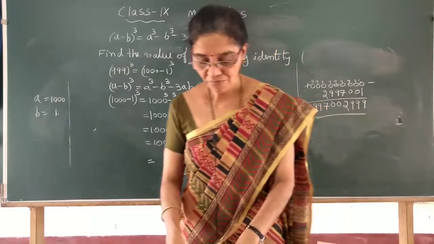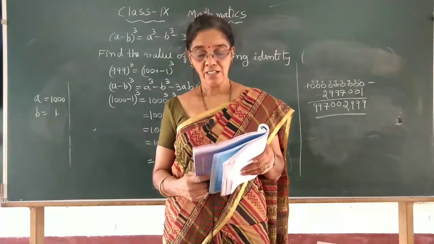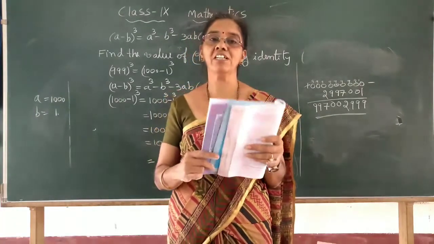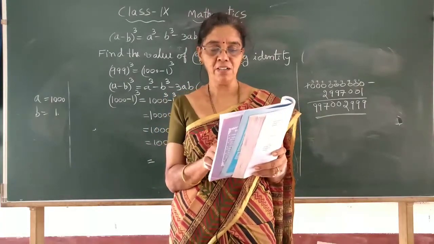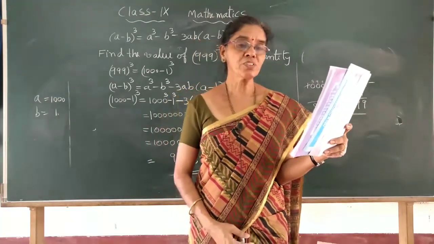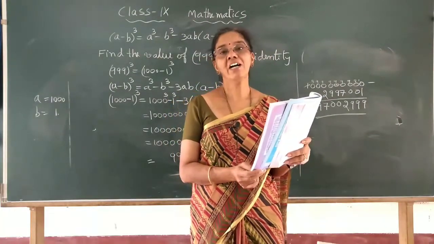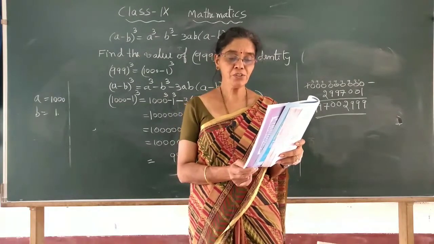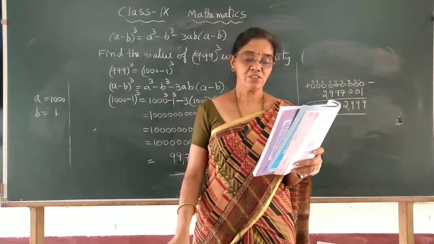Now, if you see exercise 4.5, same exercise, there the sixth one, I hope you will complete the third one also today if you did not, all of you. Some of you may have done it, whatever it is, try to complete the sixth one and see the seventh problem. Evaluate the following using suitable identities.